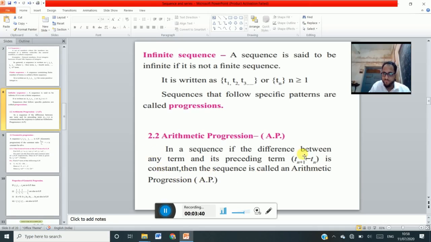Okay, see once again, in a sequence if the difference between any term and its preceding term, that is tn plus 1 minus tn, is constant, then the sequence is called an arithmetic progression, that is in short AP. Okay,